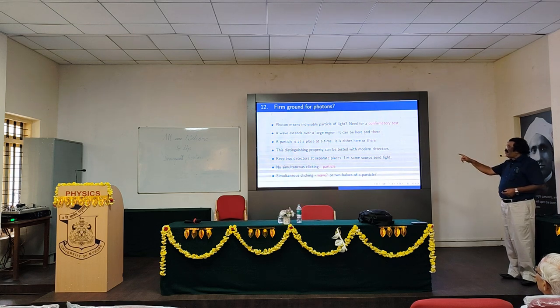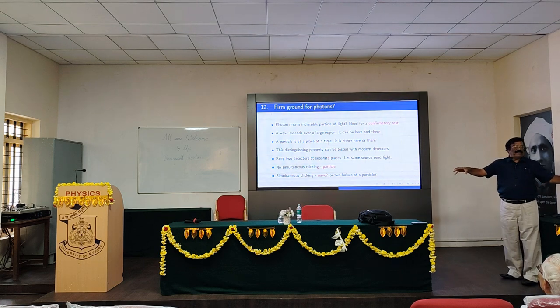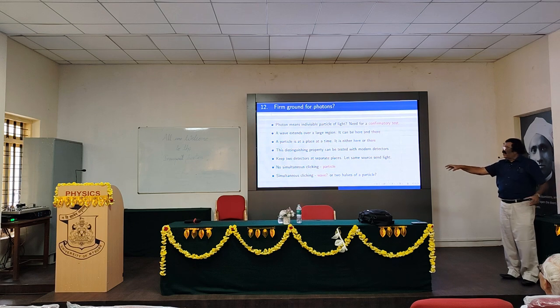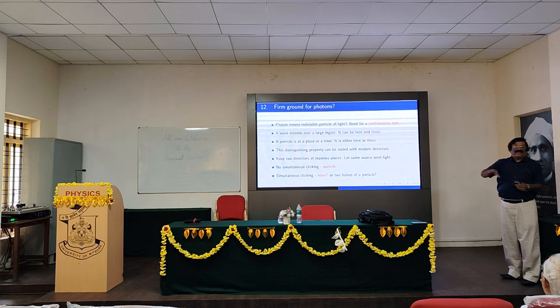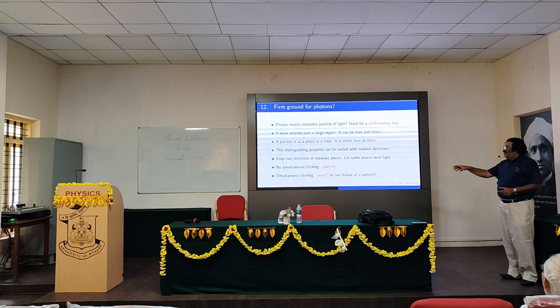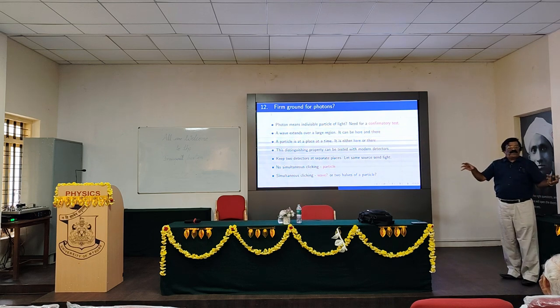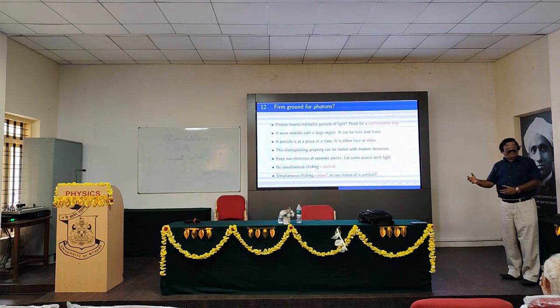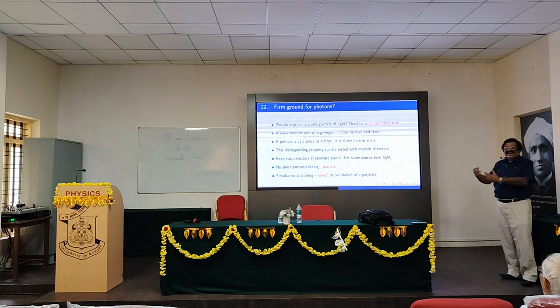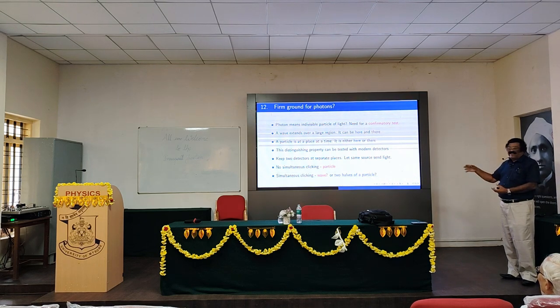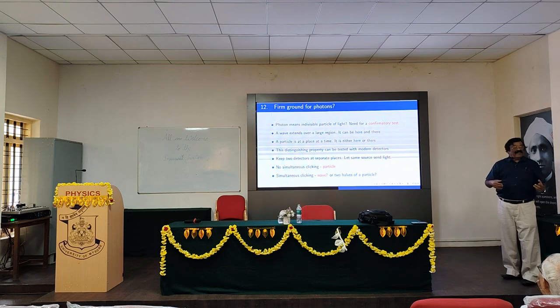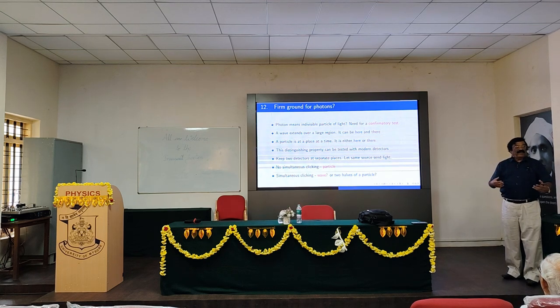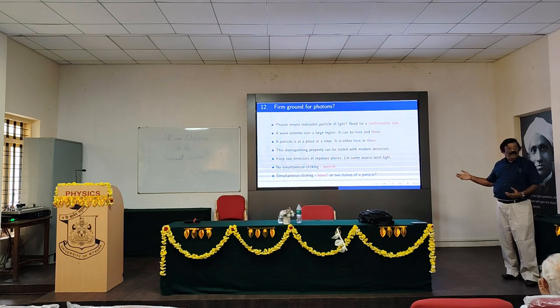So if this is the distinguishing property, keep two detectors at separate places, one detector here, another detector there. Then send the same source of light to both of them. If both of them don't click at the same time, that means light goes to one or to the other. Light has gone to this detector or it has gone to that detector. So that indicates particle nature. Simultaneous clicking, suppose both of them click simultaneously, then that supports the wave picture.